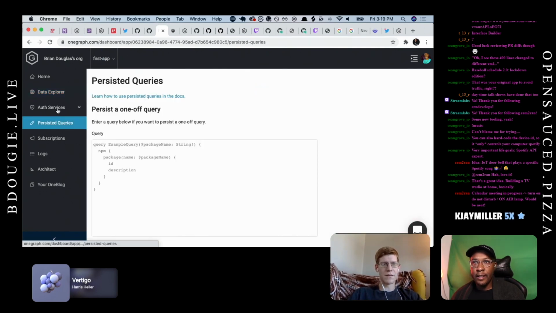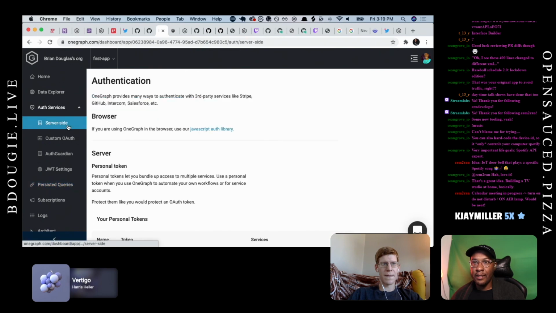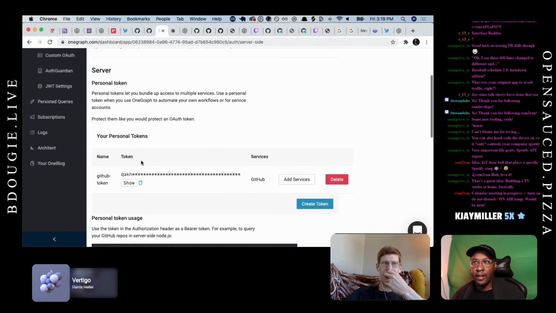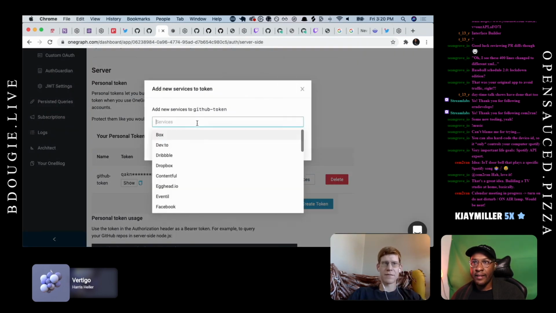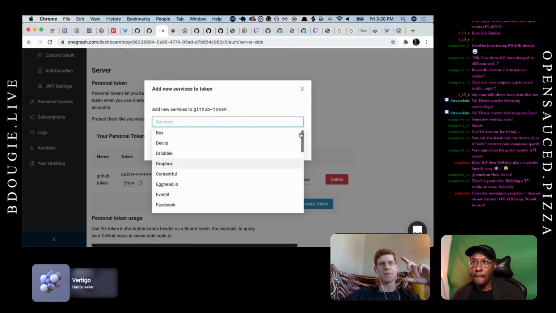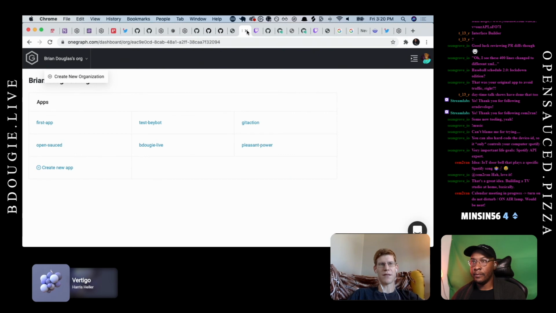Where was the auth services? I just wanted to see, is Google one of the auth services? Yeah, we split it into different services. So we have like a Google Docs. Okay. And if you want to use a Google service, they have very, very strict OAuth restrictions.